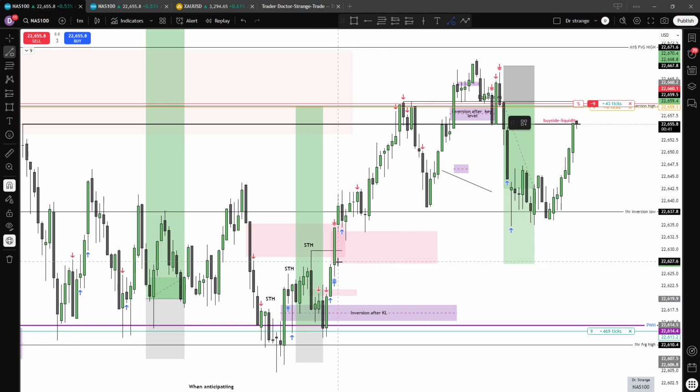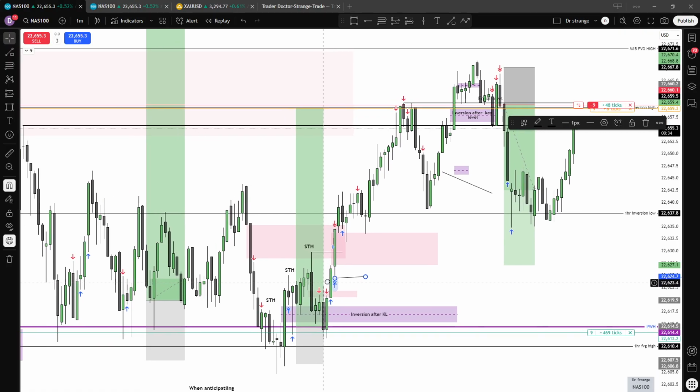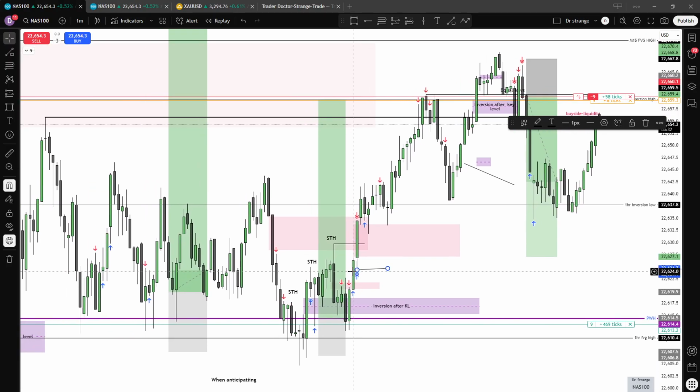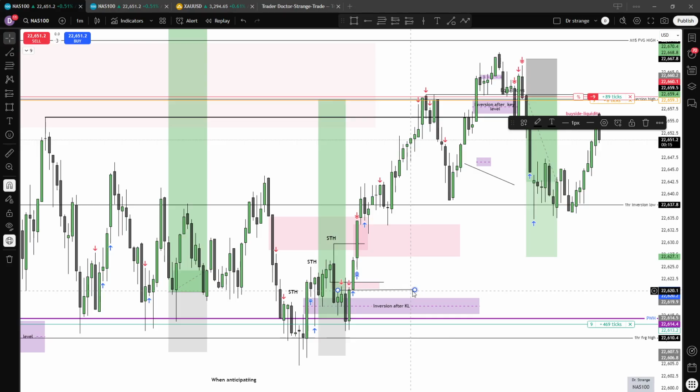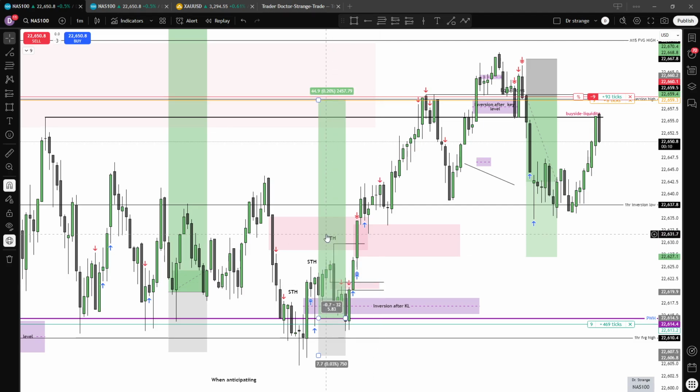When we take out the short-term high, you want to be there. The best inversions that you will ever get are things I have noticed in price. You can backtest them and come and tell me what you find out. The best inversions will always occur, and you have probably seen this on my charts, after the short-term high is created.